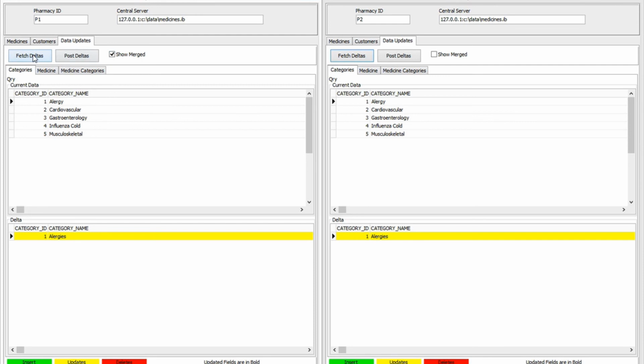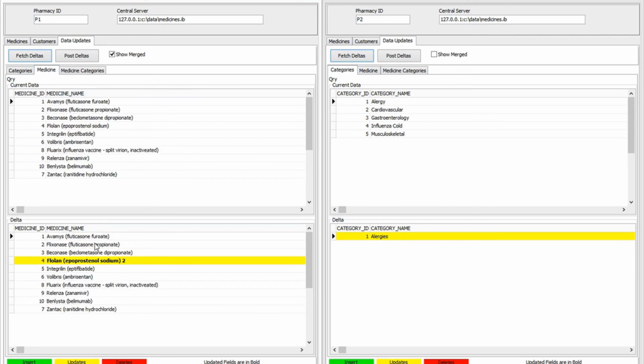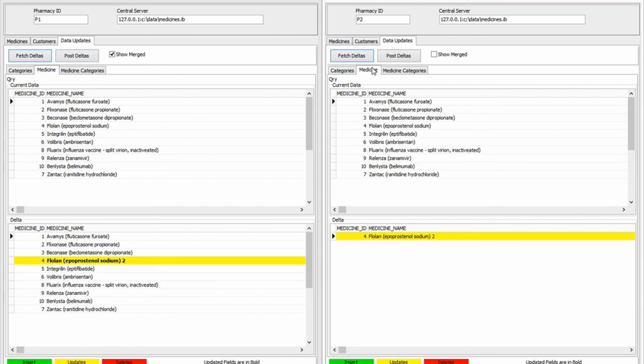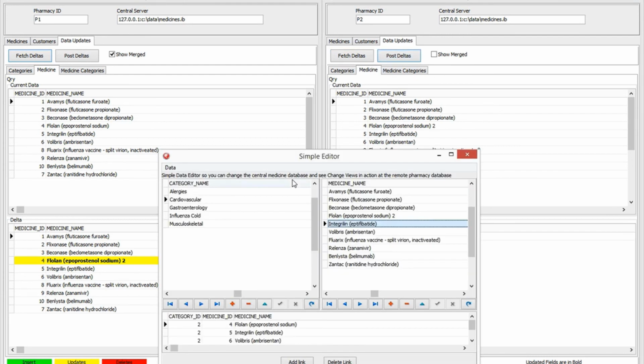Using show merged, that takes my local data into a FireDAC memory table, and using the delta merge option to merge those deltas. Now, ChangeViews has field level granularity, allowing me to see what the changes are bolded and highlighted. Posting that data into Pharmacy 2 here, I'm going to make another change to my data, specifically altering the value